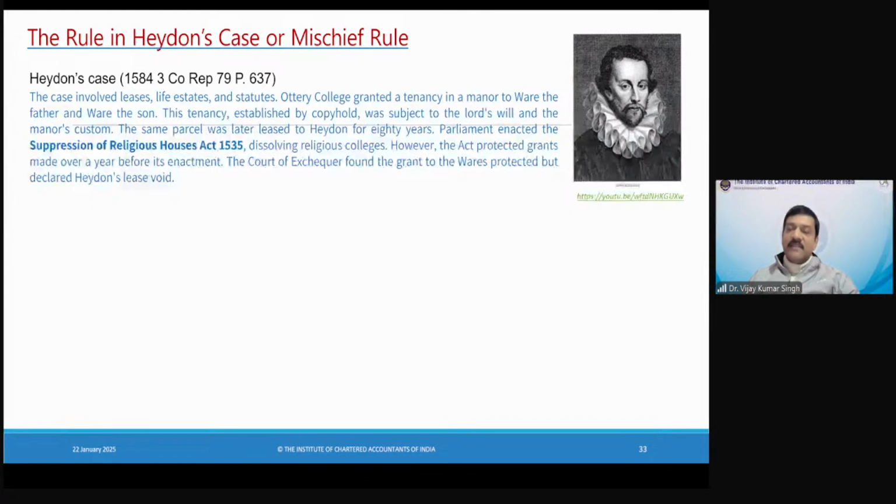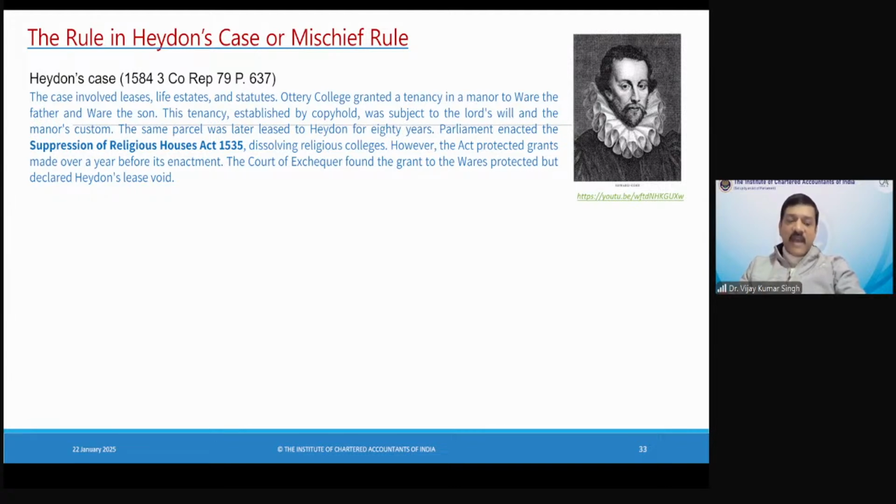So at that point in time, the church had a lot of property, a lot of lands, and they used to give this particular land by way of a copyhold to different people. Okay? So they will give it to peasants, they will give it to fishermen, and they will give a copyhold. Copyhold was kind of a copy of the sale deed, you can say. The main original document would remain with the church, and they would give a copyhold for life. This copyhold will entitle the person concerned to hold that particular land for life.